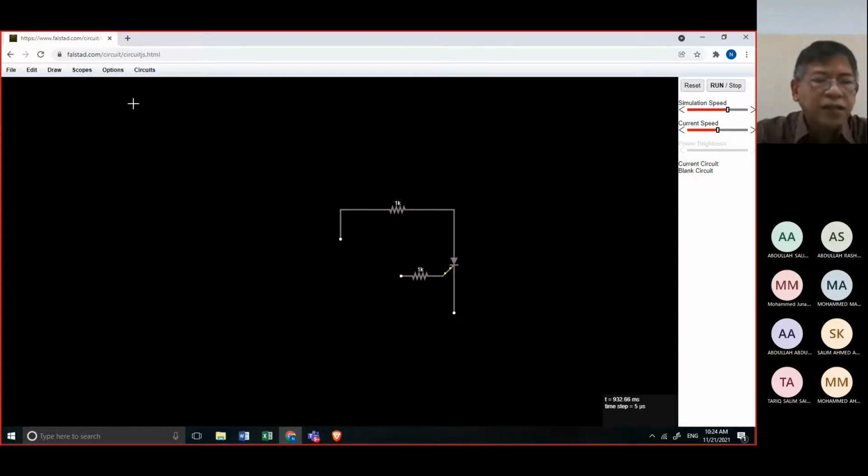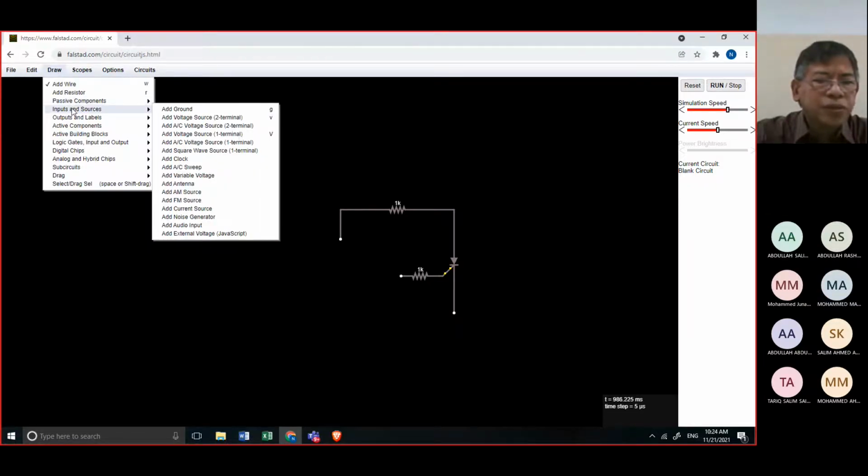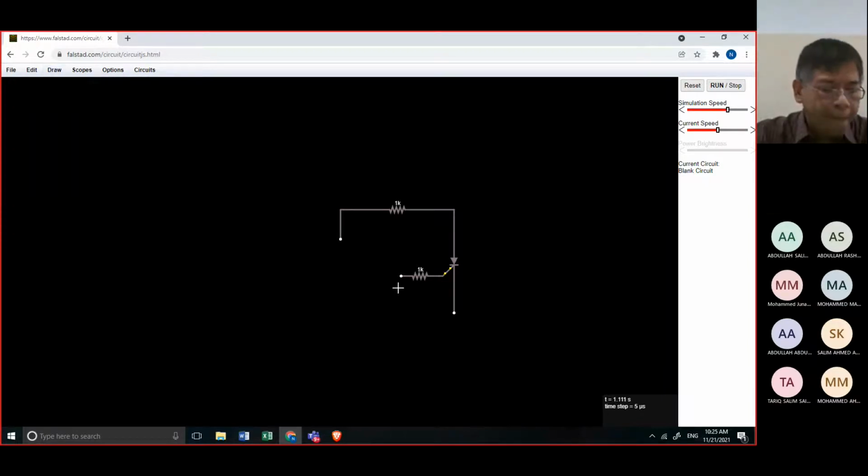Then here we need a voltage. Draw input and sources. It is DC. So this is now our two terminal.